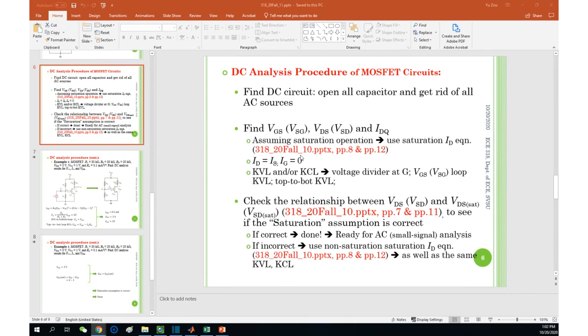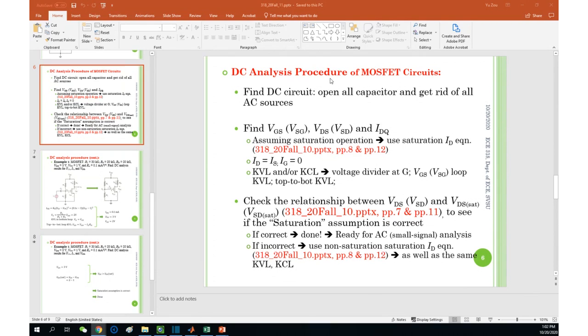These two numbers are not exactly synchronous, but hopefully it won't be confusing, since in Canvas I'm labeling the date to help you better understand which lecture it refers to. So this is the last lecture's slides, and what we are seeing is a generalized procedure